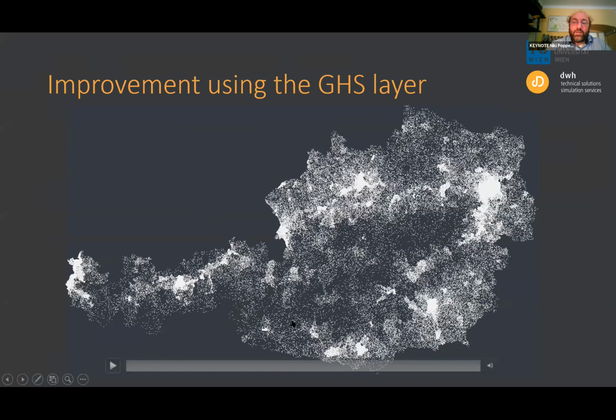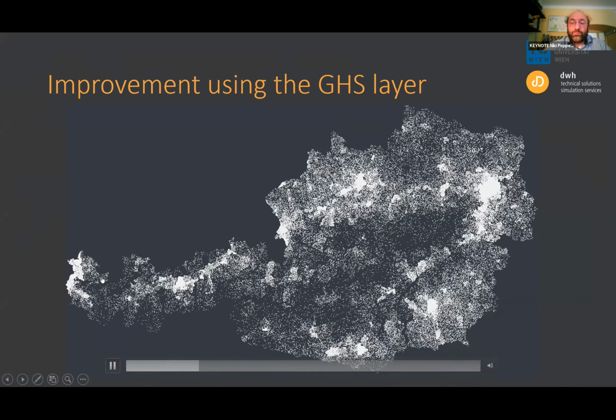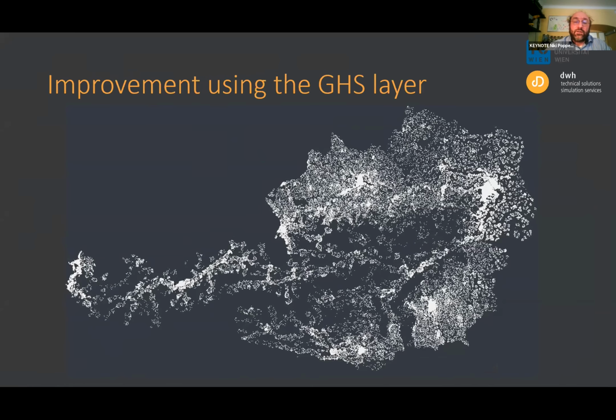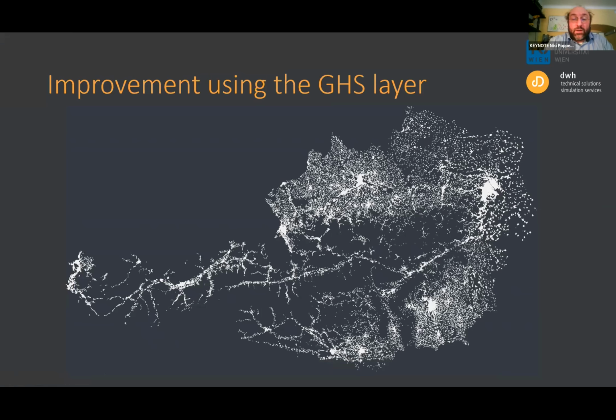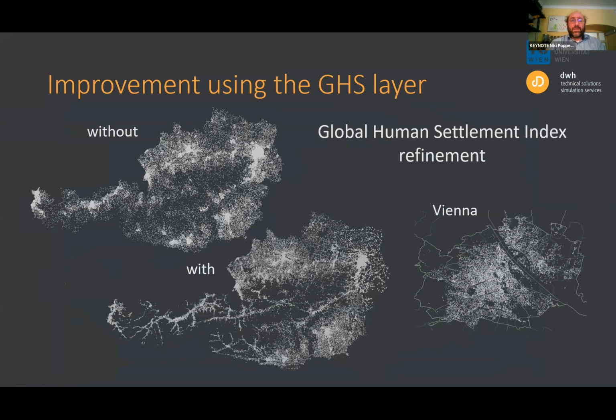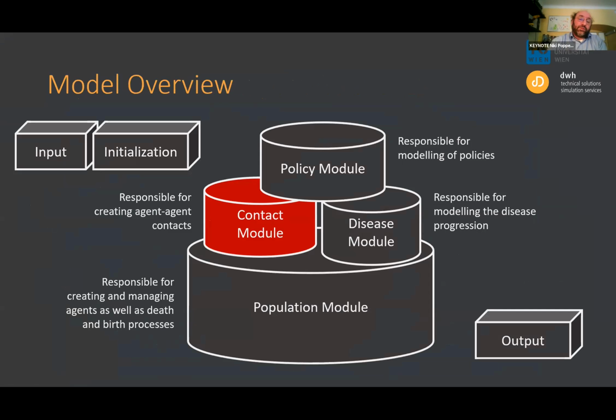So to give you an example, if you have here an equal distribution of persons over their Gemeinde and Bezirk, so the local area, we can improve this distribution with the Global Human Settlement Layer so that you can see here where people live. You can see the Alps, and of course you can see here in Vienna the Danube, to get a better idea where are the households, what are they doing, where are they living. So the idea is, as you can hopefully see, to be able to improve the quality and precision of the model as good as we need it.